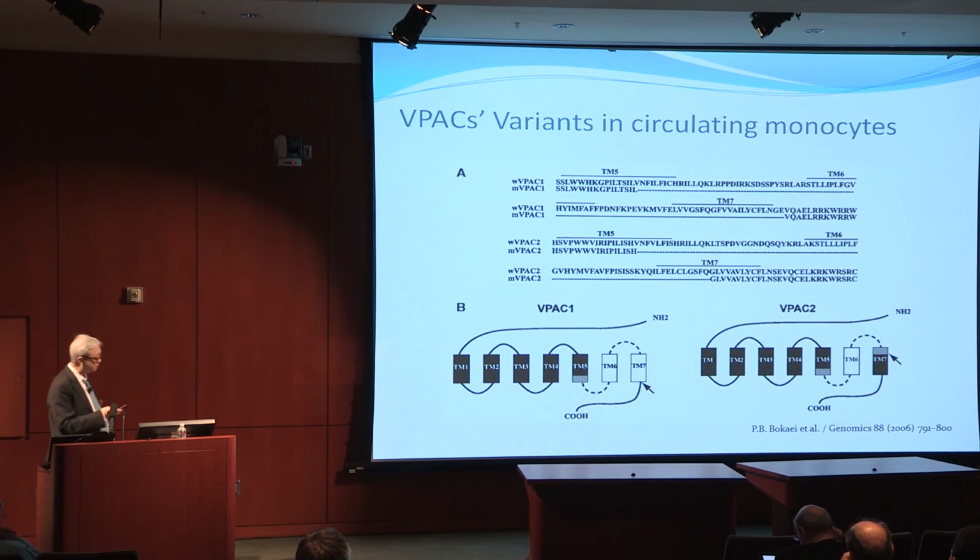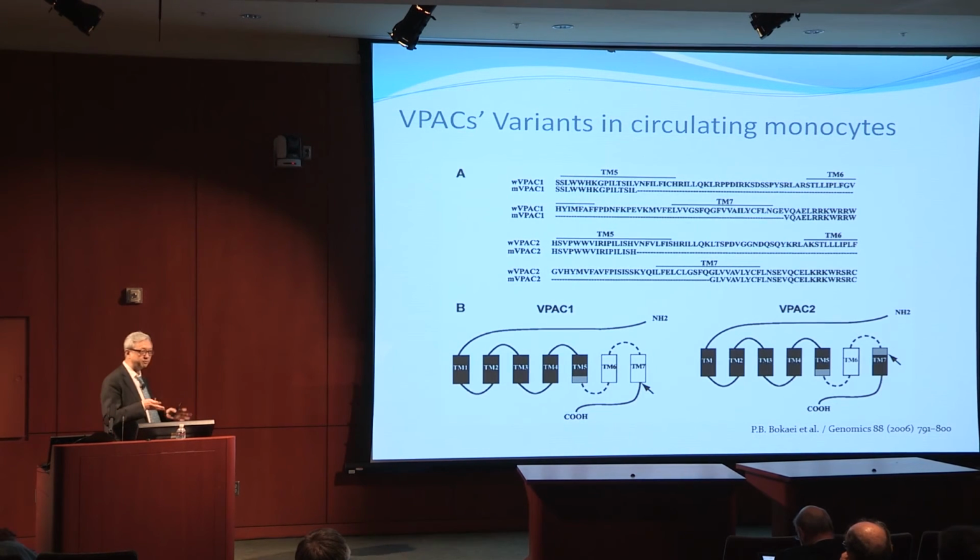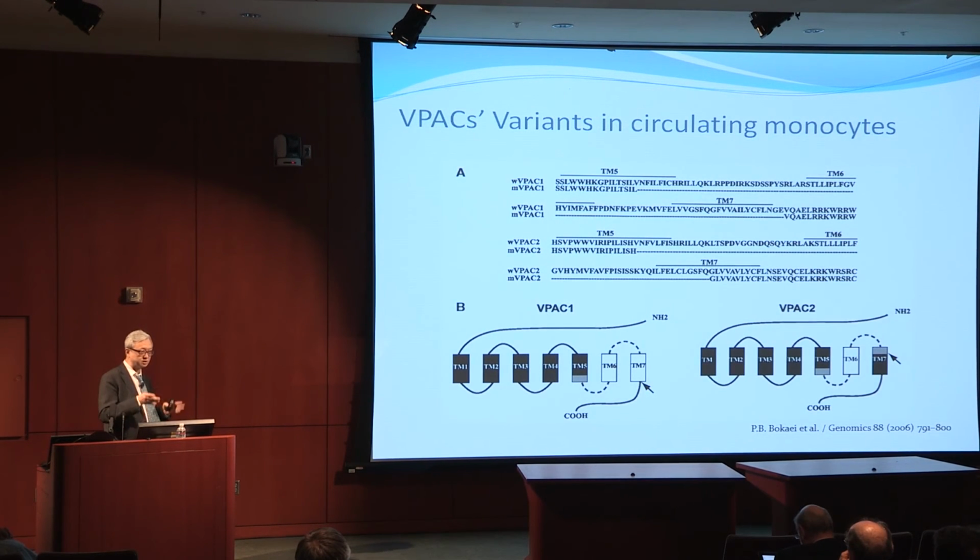And there was a paper, so we couldn't explain some of the effect of VIP. VIP is currently, most of the time we believe, active through cyclic AMP. Cyclic AMP effect should enhance sodium channel. It should not be inhibited. So we took a gamble, or kind of gamble, not gamble, it's just we searched for another receptor that could